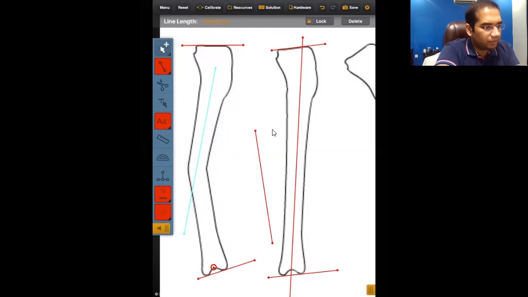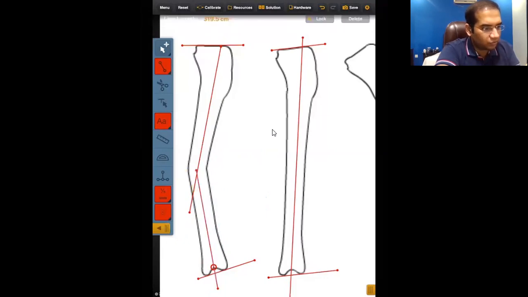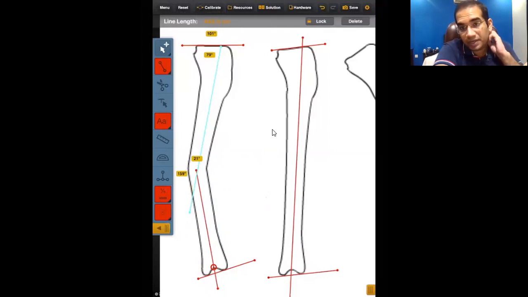mechanical, the mid diaphyseal lines. You can see this is more or less the mid diaphyseal line, and we can extend it. Then we can draw another mid diaphyseal line, and we can extend it. Where these two lines meet, they will give us the CORA. And when these two lines meet the joint